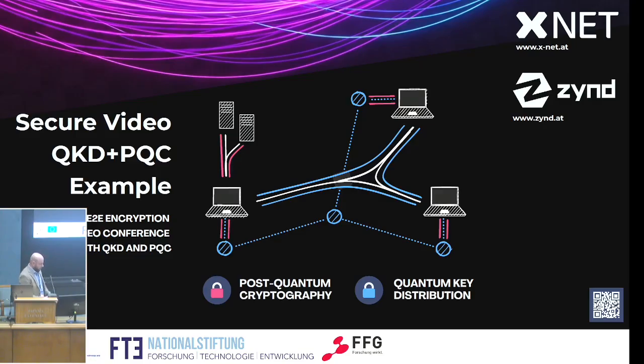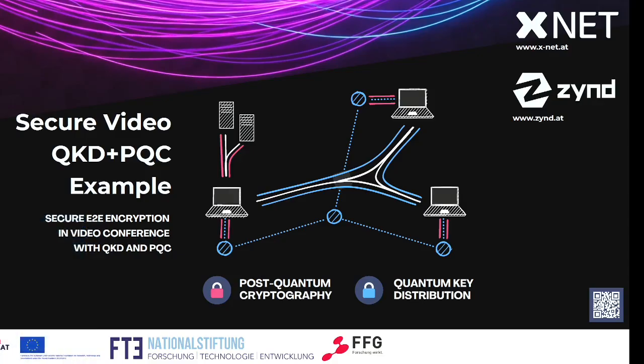How do we do that? You can see on this slide the blue dotted lines are the dedicated fiber with the QKD devices and the QKD trusted nodes in between, which is used for exchanging quantum key distributed material. In addition, to connect from the end device to the KMS that is distributing the quantum key material, we use post-quantum cryptography to secure this, what we call the last mile, because at some point you will need to get into this secure environment. So this is the basic setup.